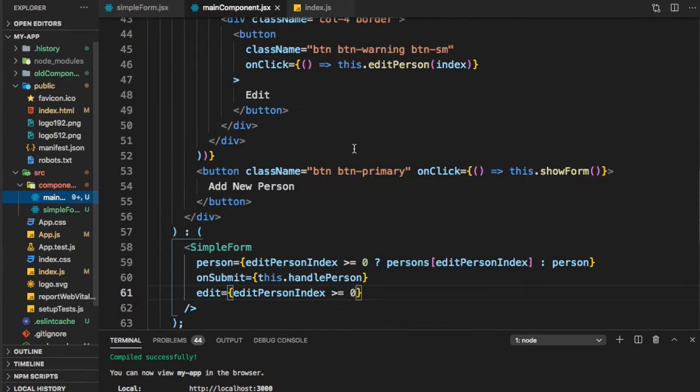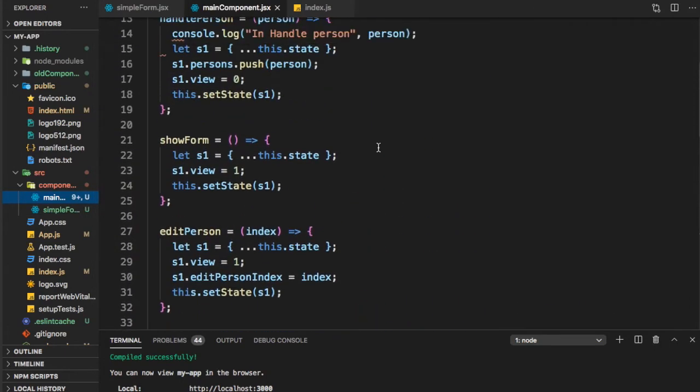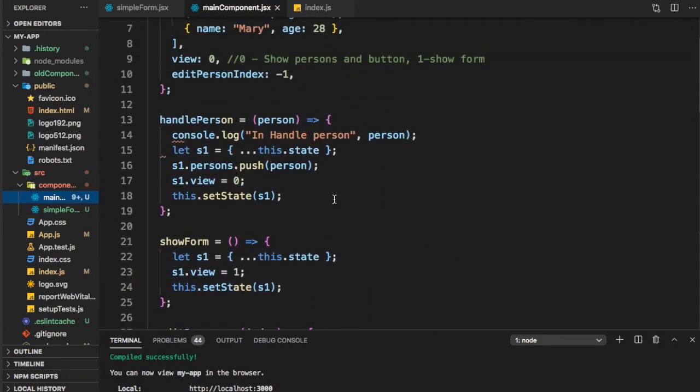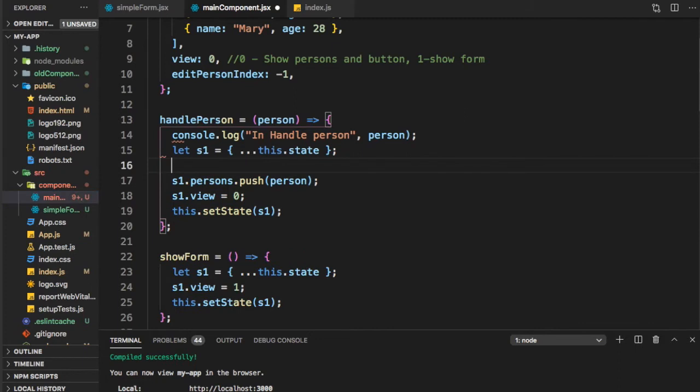Now, if we go back to our main form, one thing is remaining, which is that when handle person is called, we should do different things based on whether it is edit or add. So I can say here s1.edit person index greater than or equal to 0.